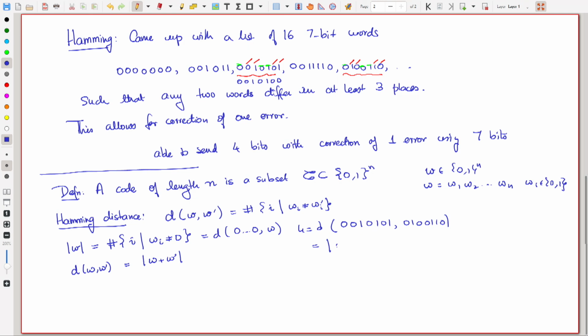So, 0 plus 0 is 0, 0 plus 1 is 1, 1 plus 1 plus 0 is 0. Where was I? I have done 3, right. Okay, then the fourth one is 0, the fifth one is 0, the sixth one is 1 and the seventh one is 1. I am getting only the third one is 1, is it? Oh yeah, the third one is also 1. Okay, so